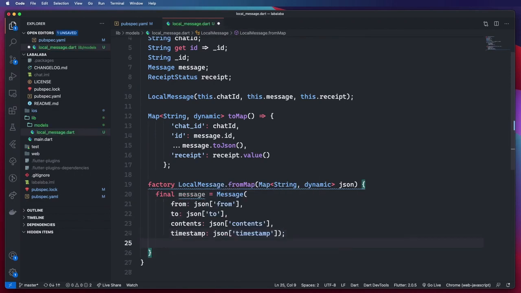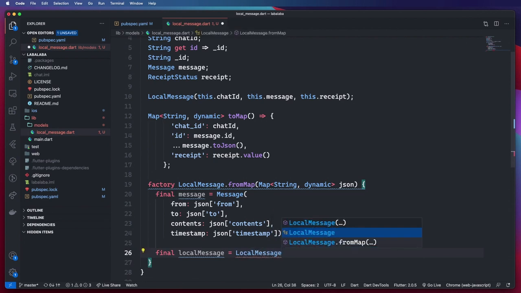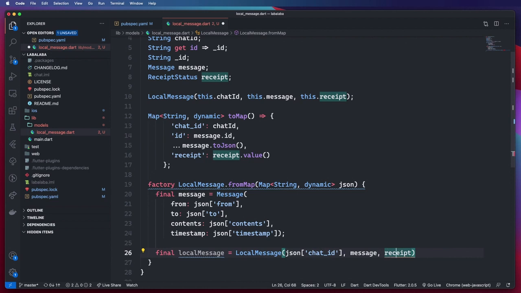So now that we have created our message from the fields in the database, I'll now create my local message, and for my local message I'll go ahead and say local message, and here I'll add the chat ID, which is again coming from the JSON or from the database, chat ID, and I'll pass in the message here, and the receipt will be coming also from the JSON. So I'll go ahead and say JSON receipt,